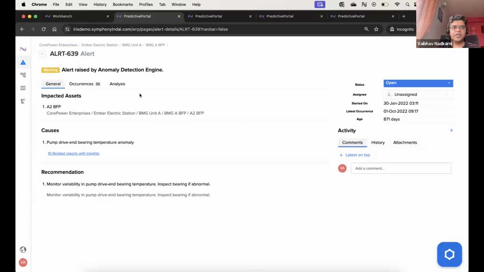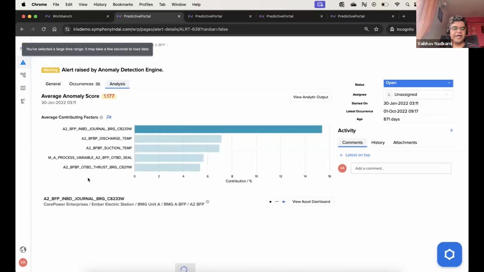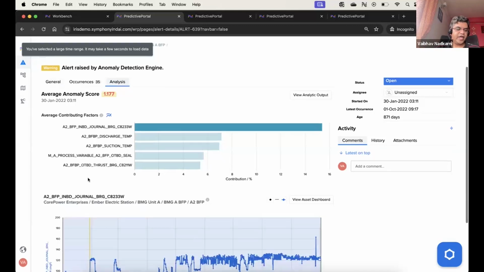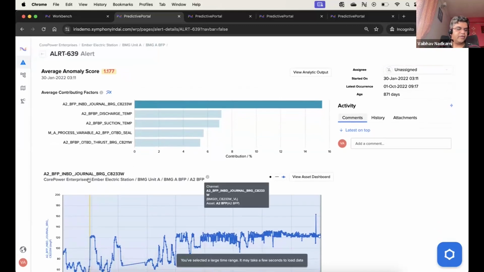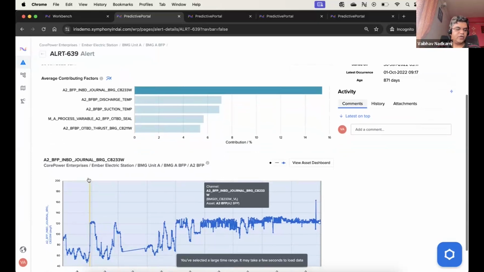Now, this predictive asset intelligence, as I said in the beginning, is designed to cater to the needs of multiple personas in the plant. What we have seen so far is the use for a maintenance engineer, or for a plant manager or a reliability manager. But it also provides tools for a subject matter expert or a data scientist to dig deeper into the AI model output to ensure that no one is running a black box that is not explainable